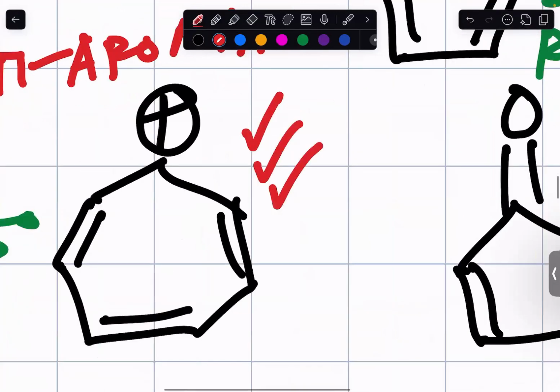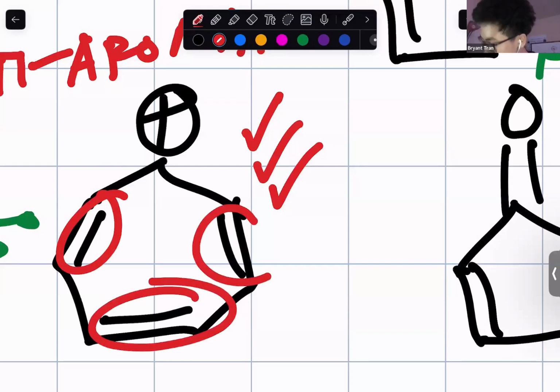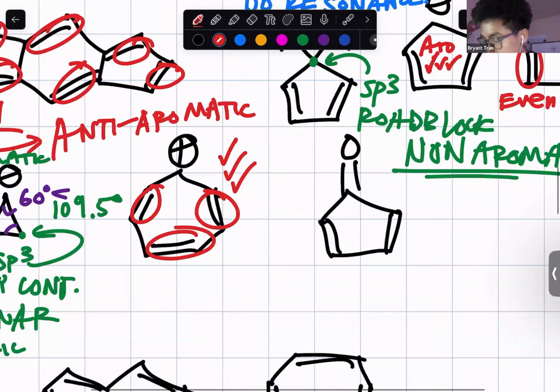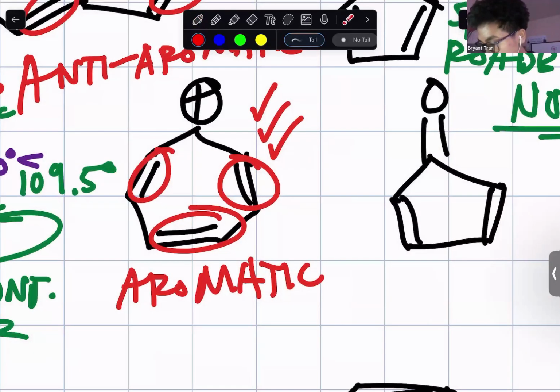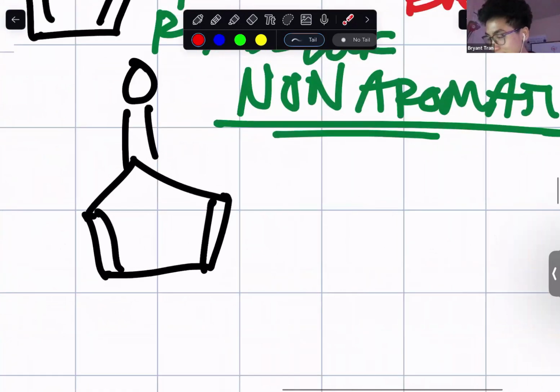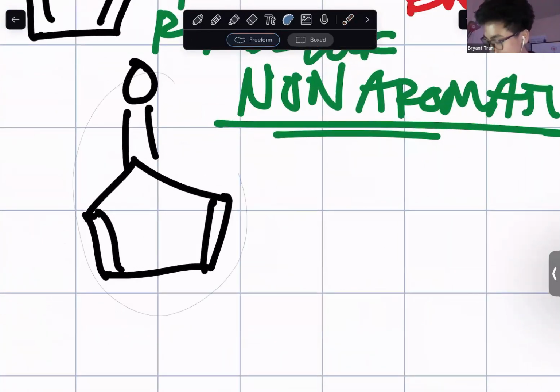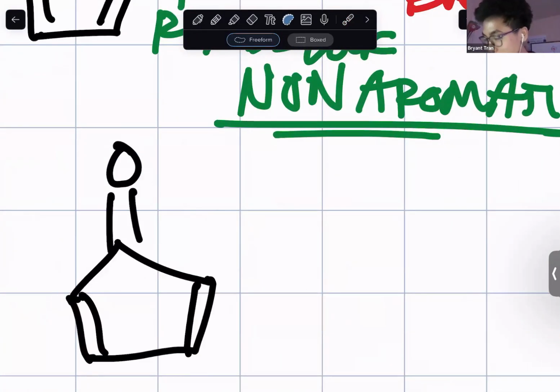There are 6 electrons, so it's aromatic. Yeah, 6 electrons, 4n plus 2 electrons, or odd pair of electrons, aromatic. Nice. Okay, no pairs of electrons on this carbocation because it's an empty orbital, missing electrons. Okay, nice. Now this one here is a little bit tricky, Peyton, because when you see a carbonyl like this,